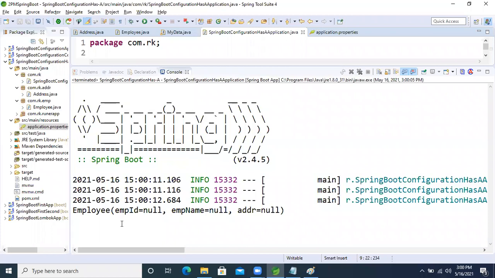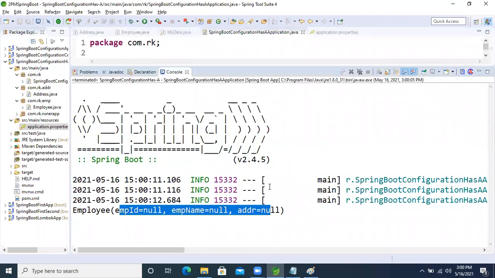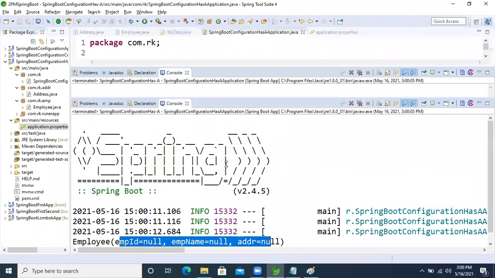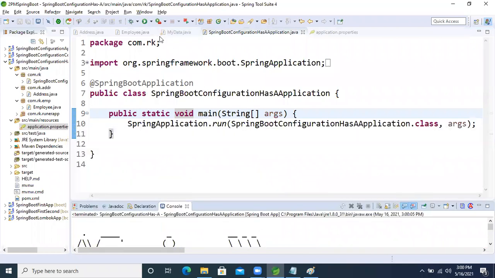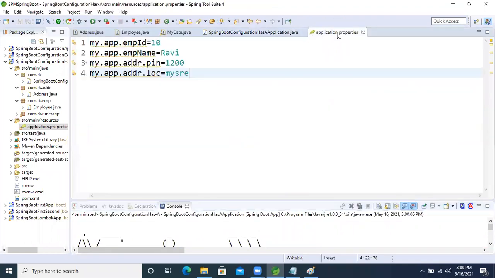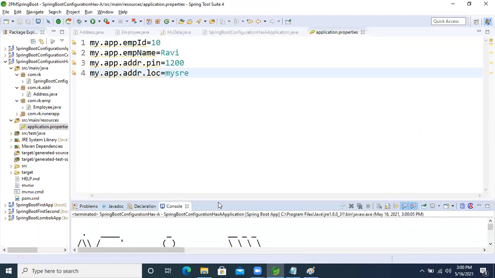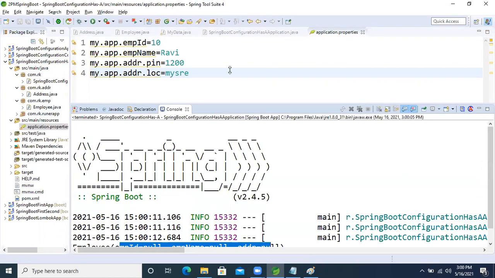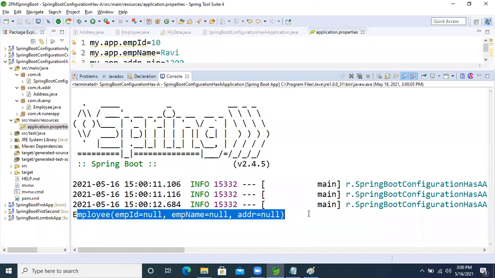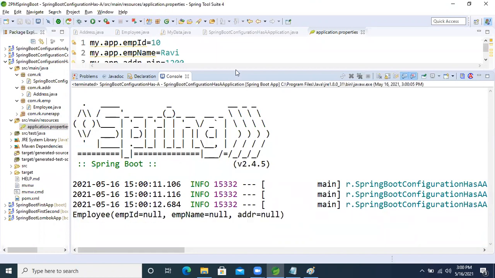Still we are getting null. Why? Not able to read it. Problem section also there is no problem. One minute, guys. Why is it going beyond our expectation today? Null. Okay, fine.